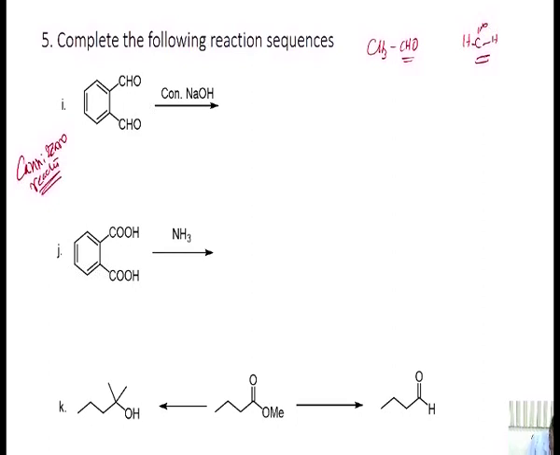So in this case, you have the dialdehyde, which can undergo self-oxidation and reduction to give a mixture of compounds. The intramolecular reaction can produce this compound. In addition to that, there will be an intermolecular reaction between two different molecules, which can lead to the formation of